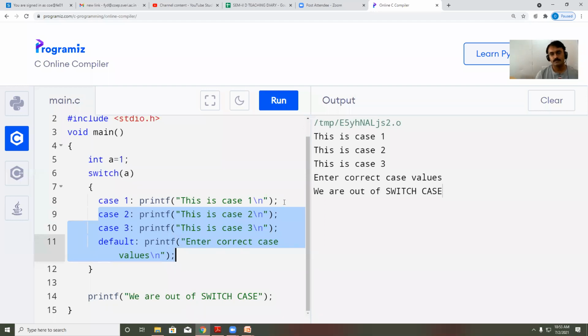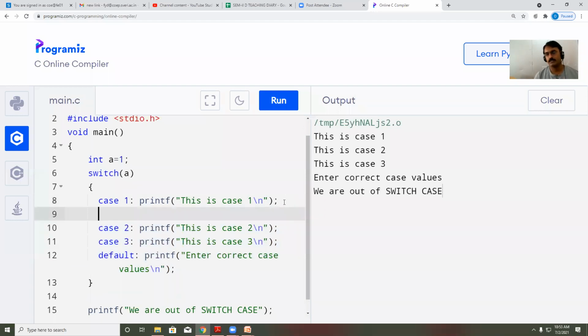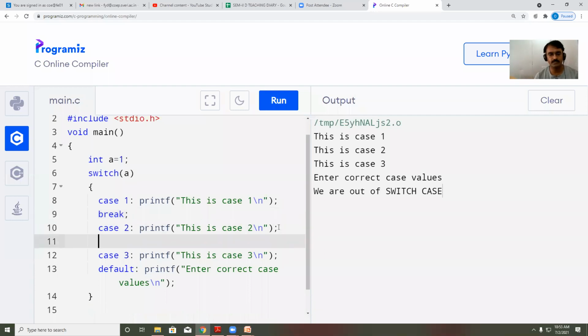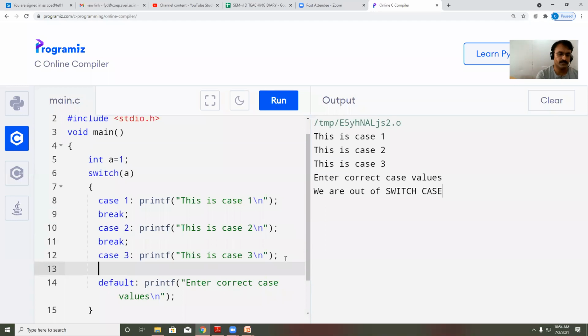So for that we have a keyword, break. Okay, break is used to discontinue the execution of your statements. When it finds the matching condition, it will discontinue the execution of your statements. So every case should have one break statement.